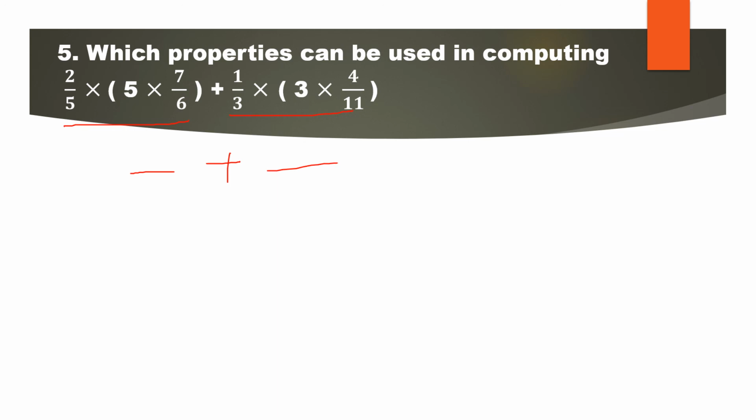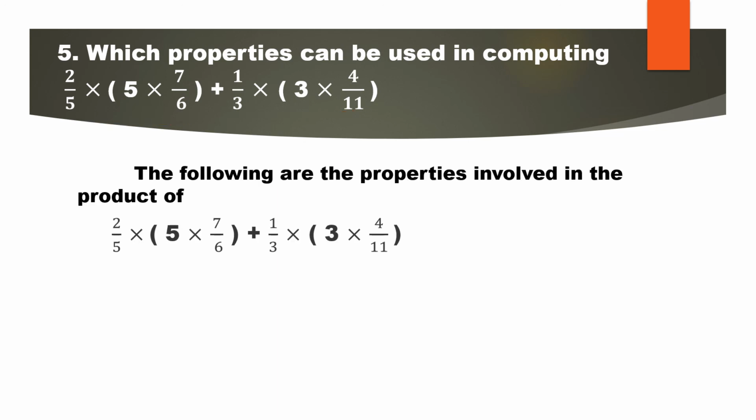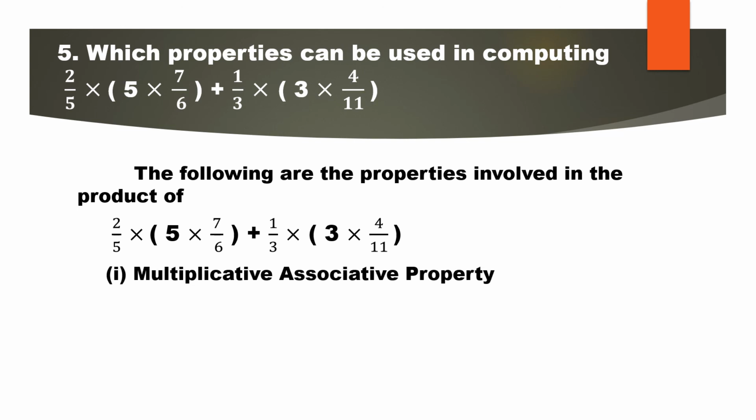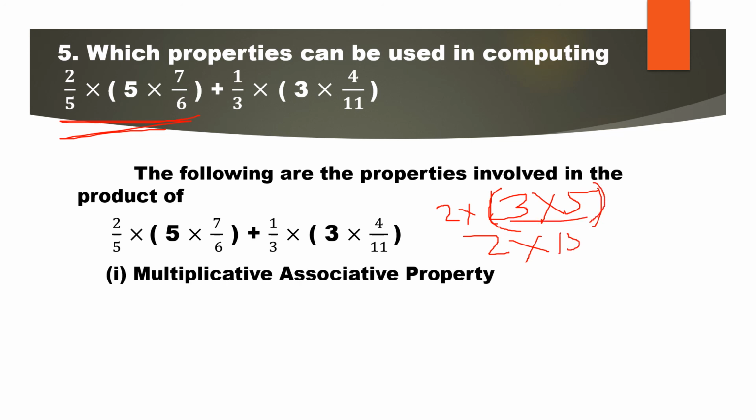Right? So here the properties used are, for this one, the multiplicative associative property. Meaning I can group these two, and I can multiply whatever answer I got to this one, 7 by 6. Simple, children. Suppose I took 2 into 3 into 5. I'm taking my own example. First you should simplify the bracket things, because by BODMAS, first the bracket things you should simplify. 3 5s are 15, so 15 2s are 30.